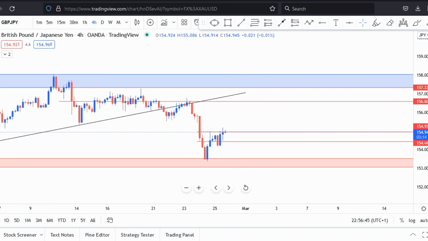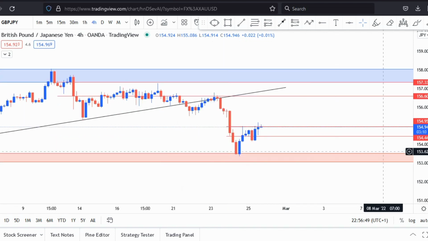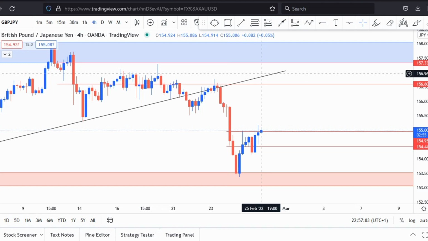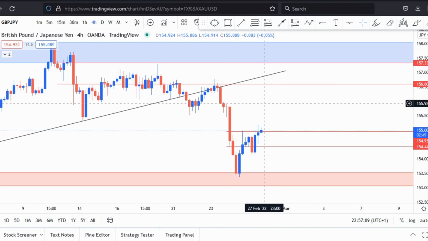And like I was saying before, with engulfing candles or with candlestick patterns, they're very strong signals whether to buy or sell. And here you can see this engulfing candle, and then followed by this up move. Price retraced a little bit, formed another engulfing candle, and now this up move again. So it's very possible that price could continue all the way to the top. And then if price does, like I said, you can decide to trade